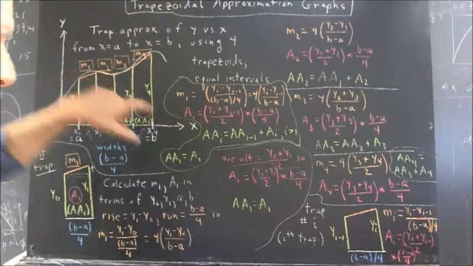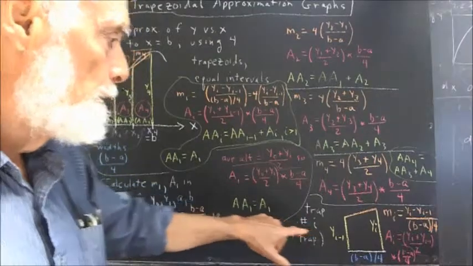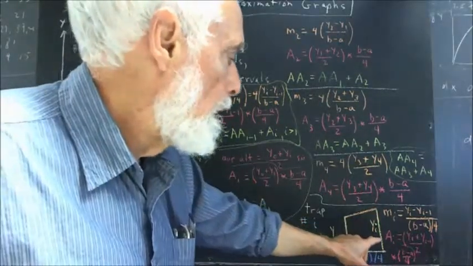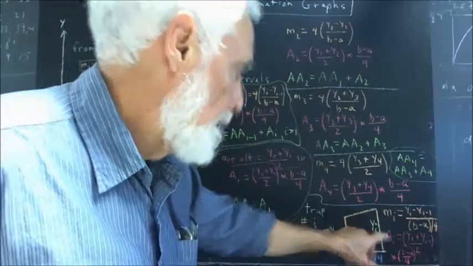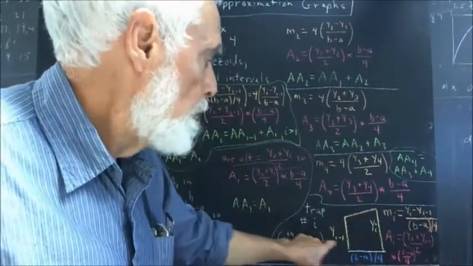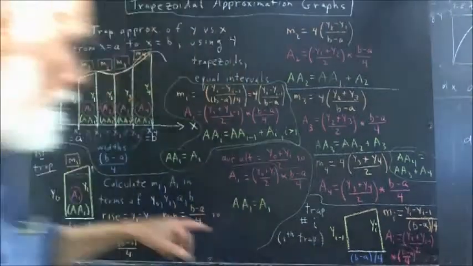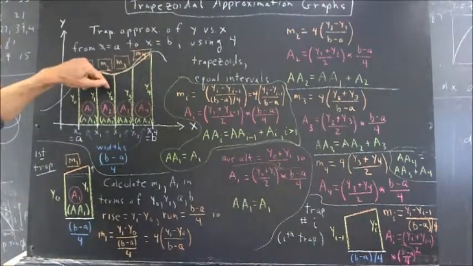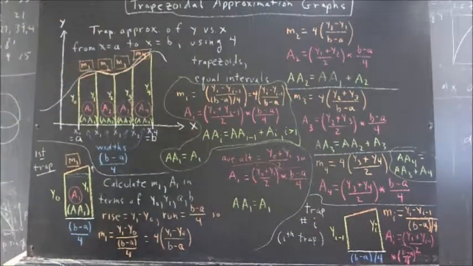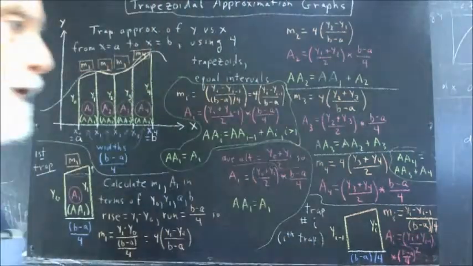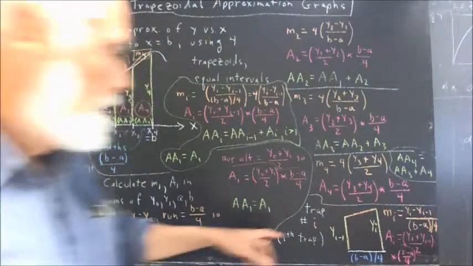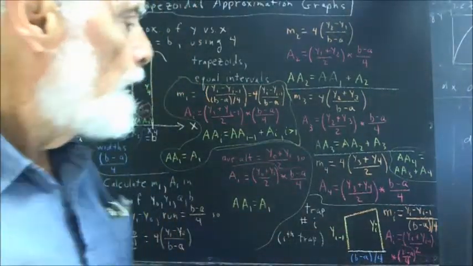So, if the number of the trapezoid is i and i is 3, then this has to be y sub 3, and in general, this is going to be y sub i. This is going to be y sub i minus 1, since the index here is 1 less than the index here. The width of the trapezoid is (b minus a) over 4, and it follows immediately that the slope of